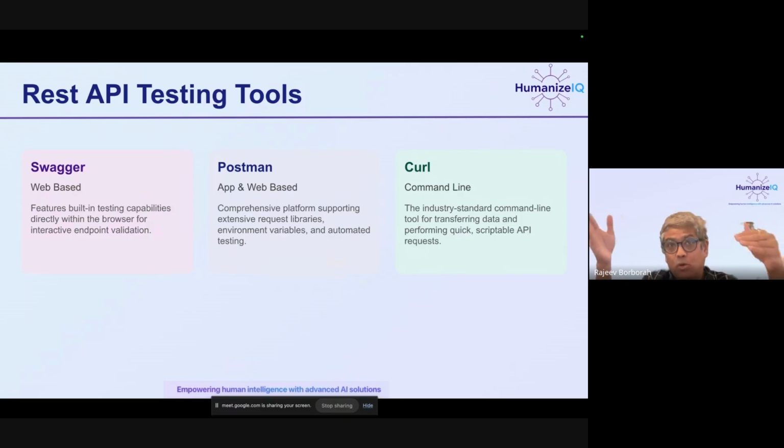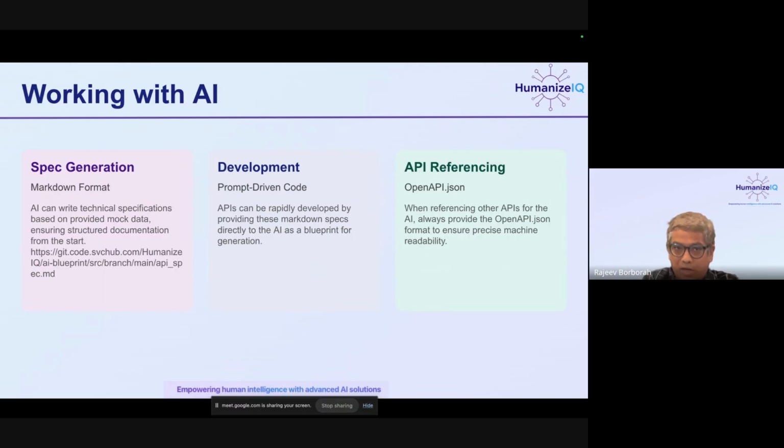Don't use AI to do it till you know it. Learn. Once you know that you can do it without AI's help, then you can use AI in the future for everything. But these are important things. Most people who waste time and do not get things done quickly are because they don't know how to use these tools. If you do not use these tools, you will keep pushing code, you'll deploy, you will fail, you'll come back, and you'll keep going back and forth. Use these tools, and you'll find what the problem is, test locally and deploy, and get it done in one go.